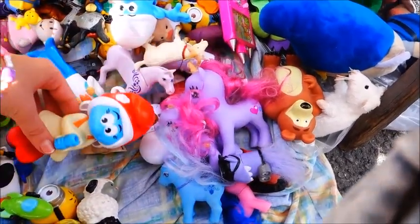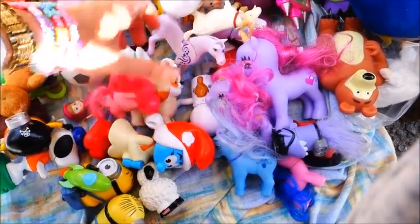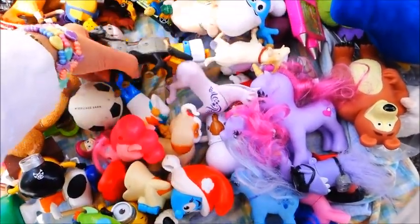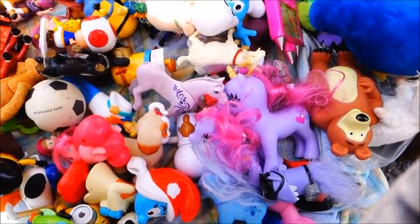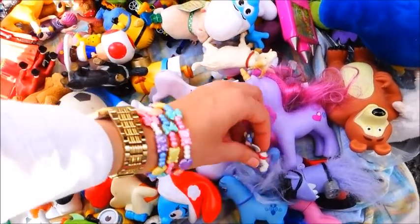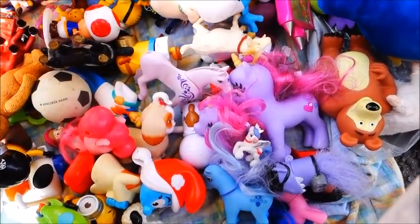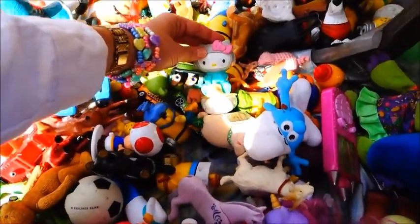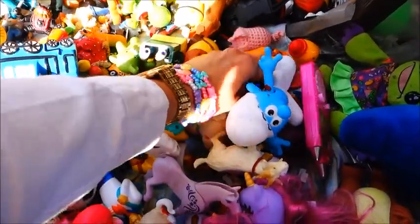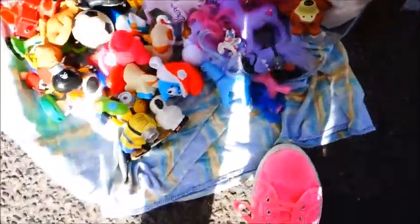Smurfs. Minions, oh that's a McDonald's Mickey Pie, but you would think that in this whole pile of, oh, there's a Todd from Nintendo, pile of toys, there would be at least one thing interesting for me, but not really. So Hello Kitty, no, I'm not into that. Minions, and fakies, so...